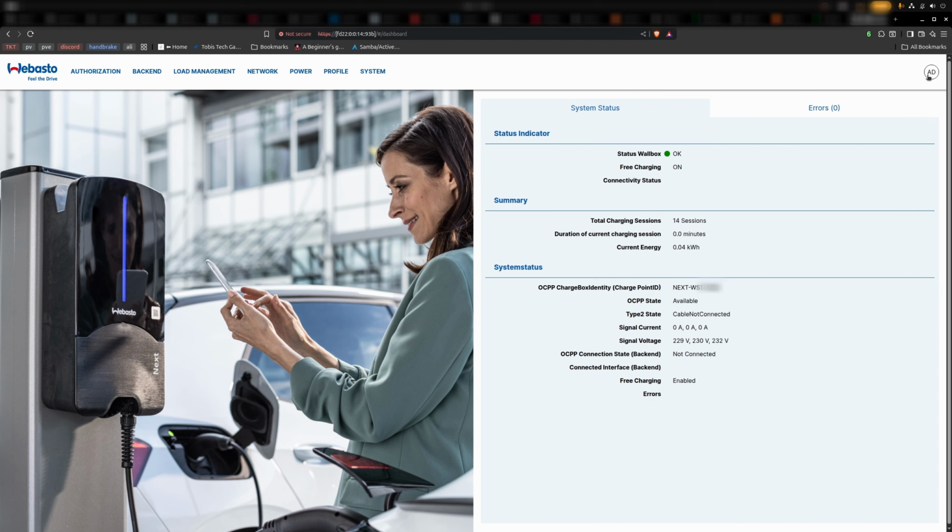First things first, you will need to log into the web UI. This can be done by going to the IP address of the wallbox and then it will prompt you for a username and password. Username is lowercase admin and the password is the one you find in the manual, which is specific for each